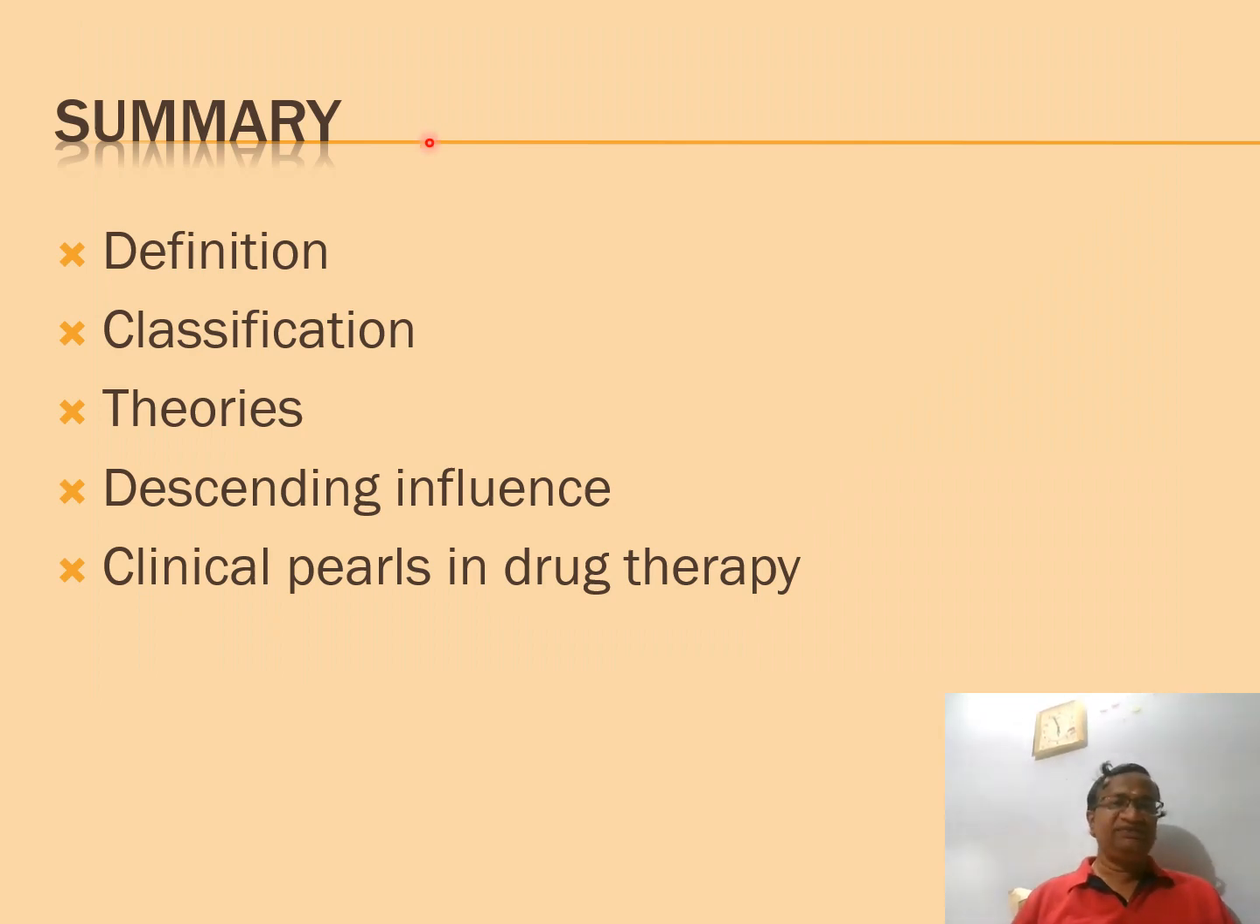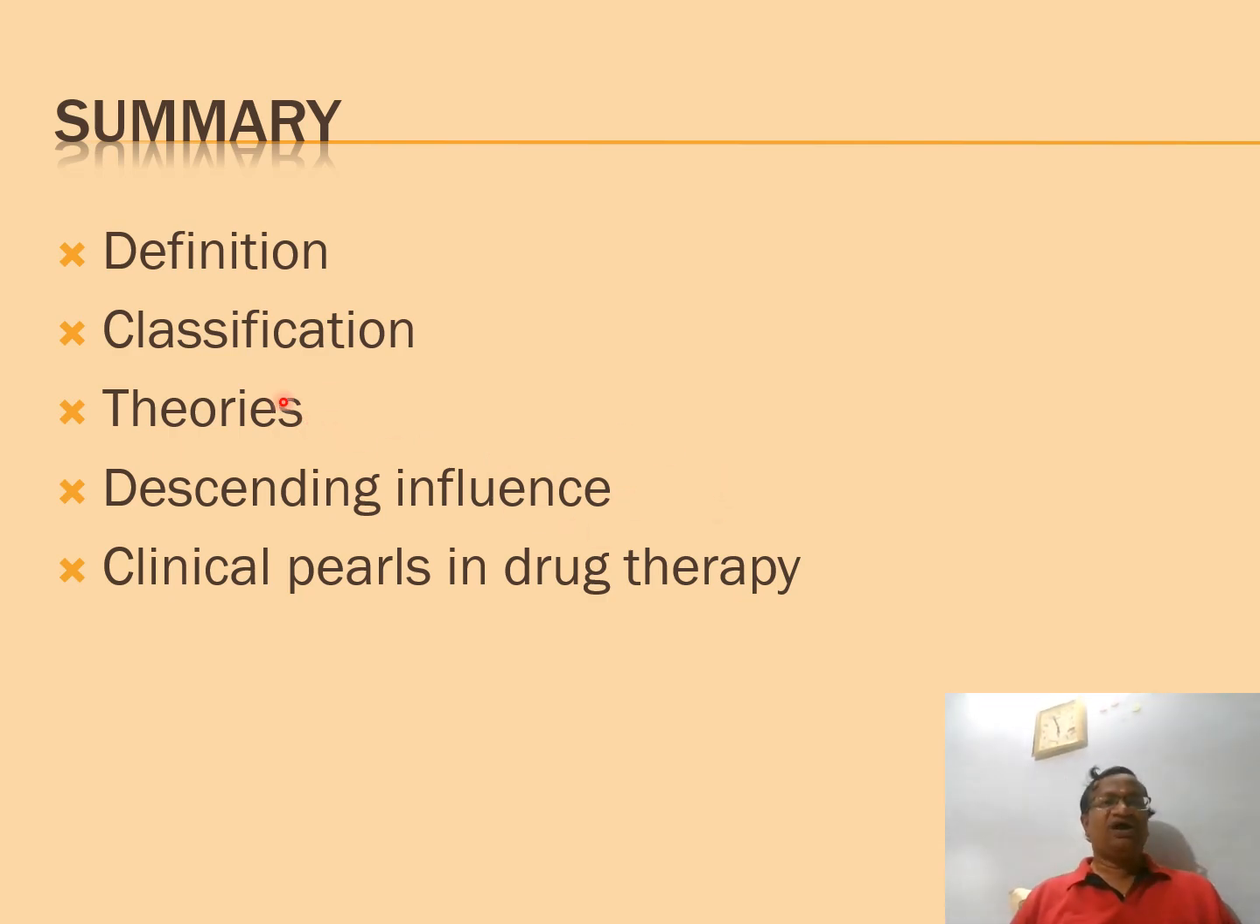So if you want a summary, the definition: an unpleasant sensory and emotional experience associated with actual or potential tissue damage or described in terms of such damage. Classification will be acute, subacute, and chronic, or by site, arthritic or malignant or appendix or anything like that, or nociceptive or non-nociceptive. Nociceptive is somatic and visceral; non-nociceptive is neuropathic, central, and psychiatric. In the theories, first is the specificity theory, intensity theory, pattern theory, gate control theory, neuromatrix theory, and